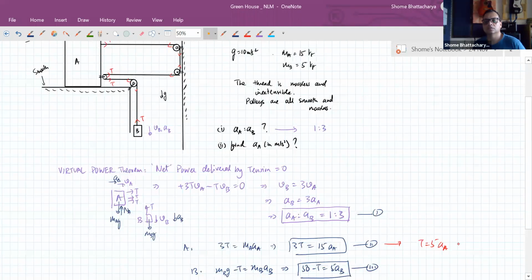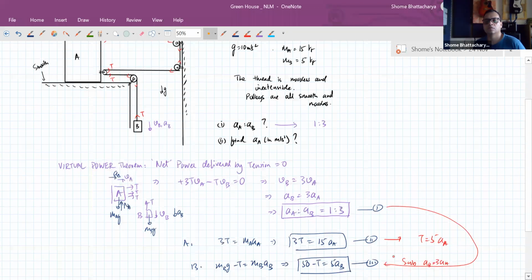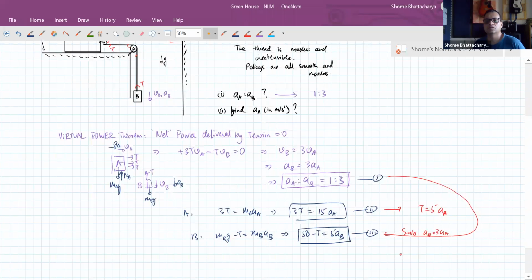So substitute this and substitute this over here. So we have 50 minus this is equal to,